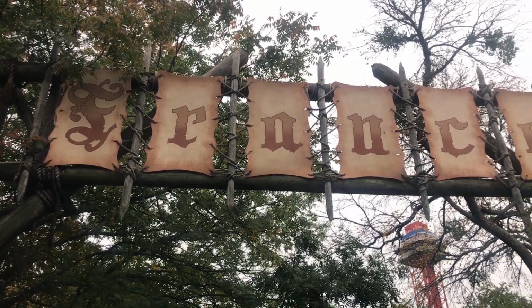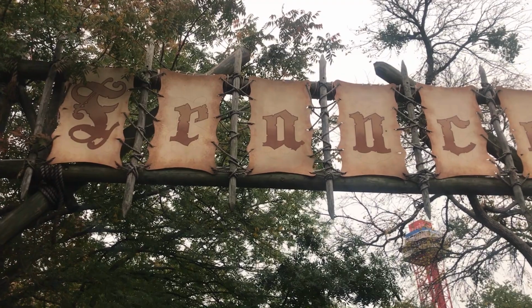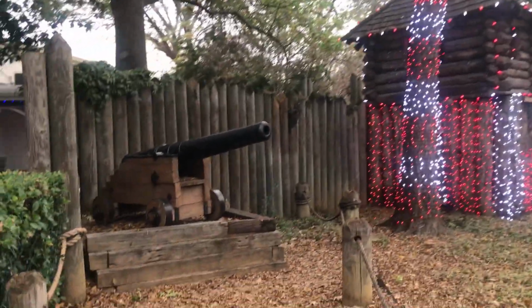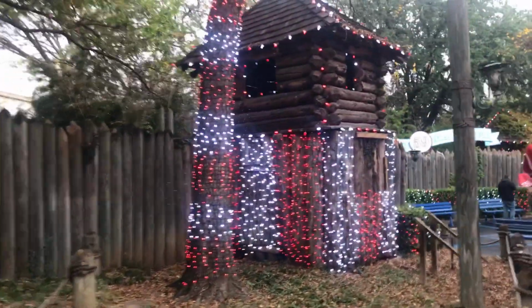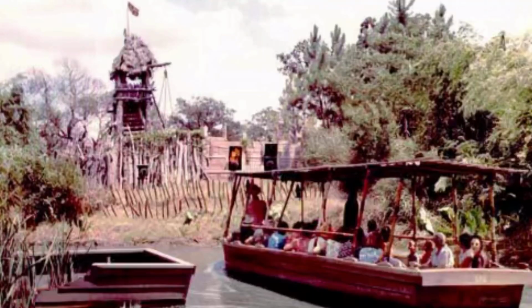Walking away from Runaway Mountain, you'll encounter the France area, probably the only themed area from the original Six Flags Over Texas that's still standing. You may have noticed some forts and cannons and stuff, and you might have thought, well, it's just props. Actually, no. It's literal pieces from the defunct La Salle's River Adventure, a boat ride that existed at Six Flags